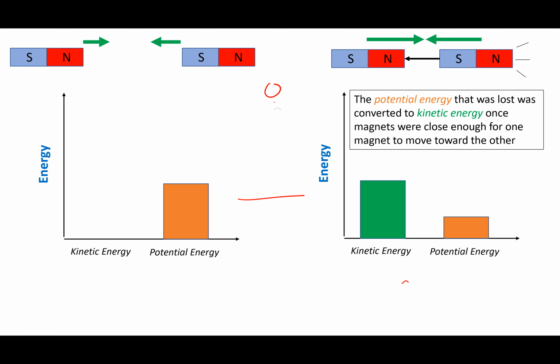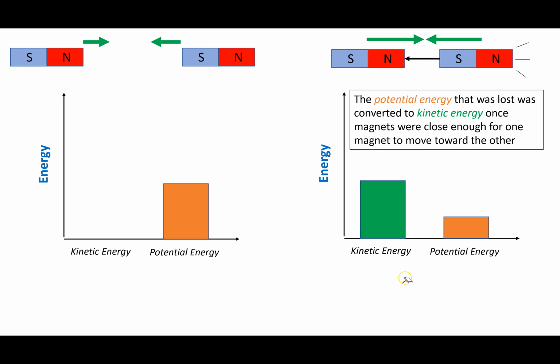If you remove that platform and that ball, which initially had a bunch of potential energy, as it dropped down, that potential energy got converted into kinetic energy, the energy associated with the ball's motion. Likewise, as I bring these magnets closer together, once they get a certain distance apart and maybe you let go, the magnet on the right is now close enough to the magnet on the left that those attractive forces are able to pull it in, actually have it move and have some kinetic energy, so that it eventually connects with the